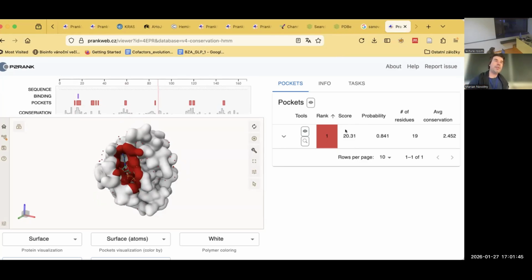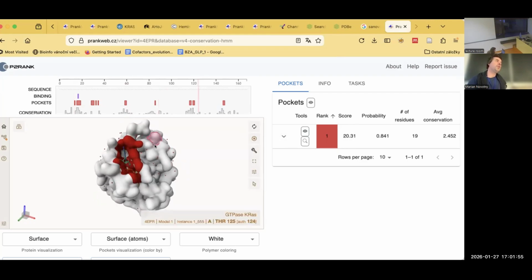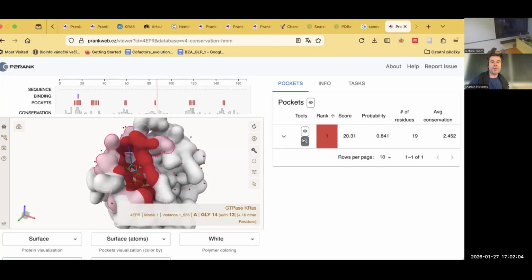It's not easy to interpret the score or connect it with something real. We still struggle ourselves what the score means, but we know that it can quite well separate the hits we have. And you can zoom into the pocket by this, and you can, crucially with the new version, do a